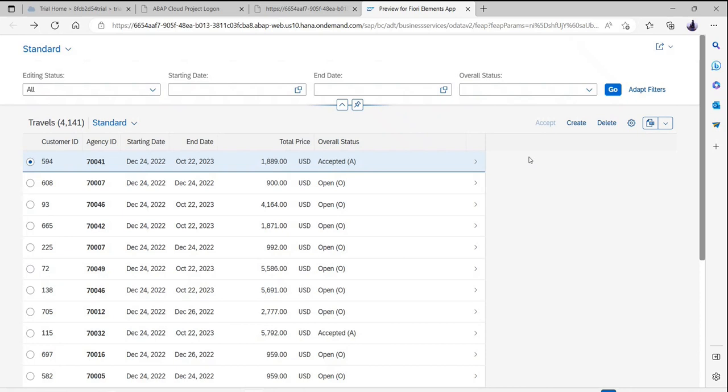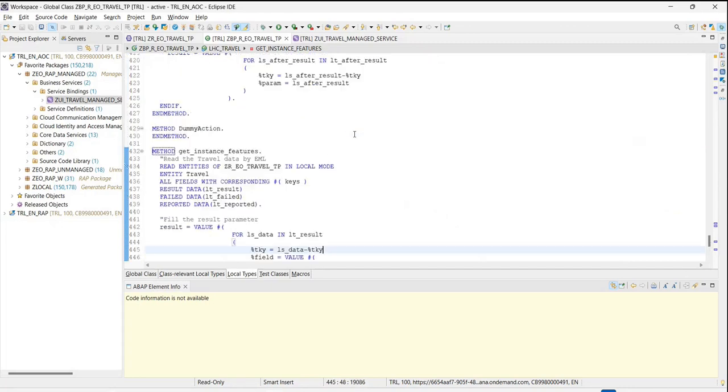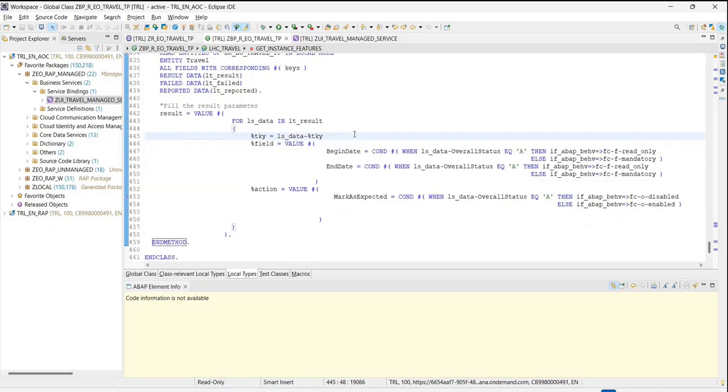How can this be done? Without any single interference from the UI, we are controlling each and everything that can be done via the backend. So we are also controlling the features of it. Okay. So that's how you would be able to control whether my application should have this capability or that should not be there. I mean, it all depends on the requirement. So based on the requirement,